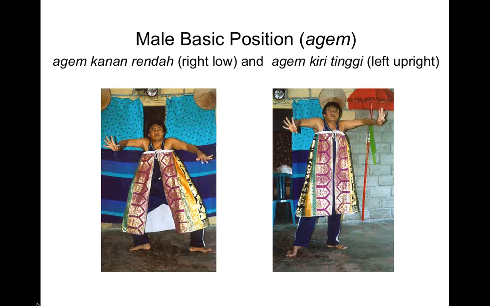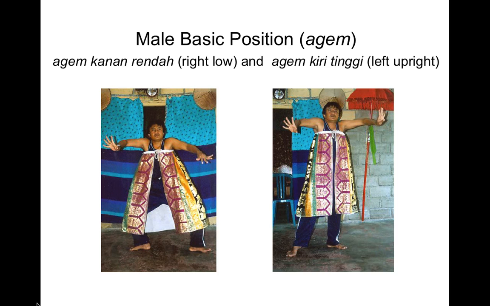So agams are important because this is where all dances begin and end, and all movements progress from the agam. The position of the agam is only momentarily held, however. So you don't hold an agam for a long time. You're moving into an agam or moving out of the agam. And what's important about the agam is that it also coincides with the striking of the gong again, usually. So again, this is another point of coincidence in gamelan music performance.